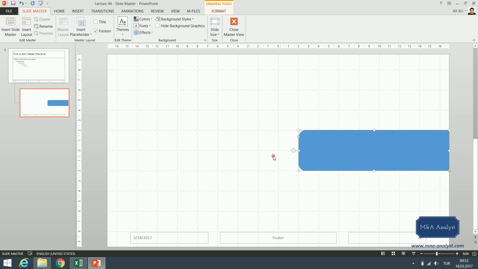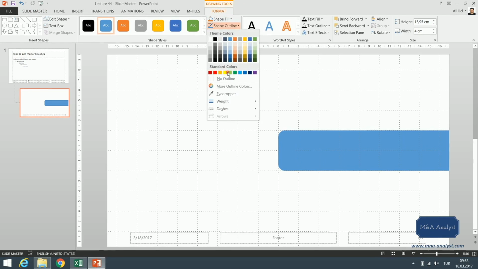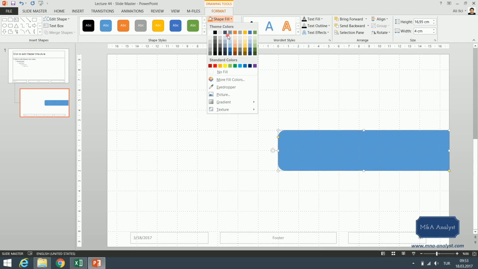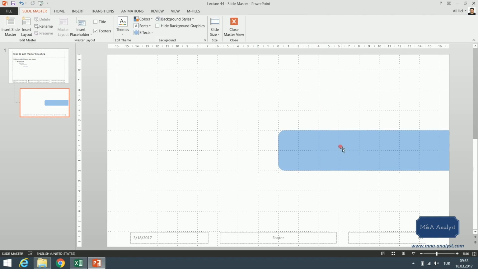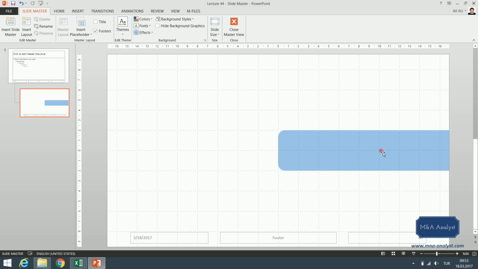As you can see, it's 0, the center point, and I will extend this here to 0. I know it's halfway in width and halfway in height, so it's perfectly aligned now. I don't want a shape outline, so I will remove it. The color is okay, so I'm going to choose this blue, because I like it. And I am not going to insert any kind of text on it